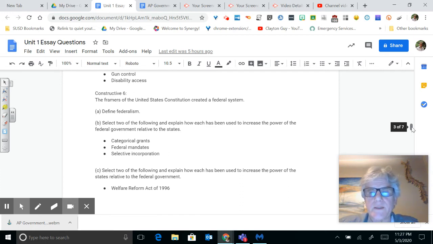So categorical grants are formula grants, project grants, grant-in-aids, where basically the federal government gives money to the states but tells the states how they have to spend it. It would have to be on an airport, on transportation, or on Head Start, which is morning programs for kids or afternoon programs with kids in schools. It's both. Medicaid is healthcare for poor people and how it has to be spent. So these categorical grants increase the power of the government relative to states, and they tell states what they have to spend their money on, what they have to do.